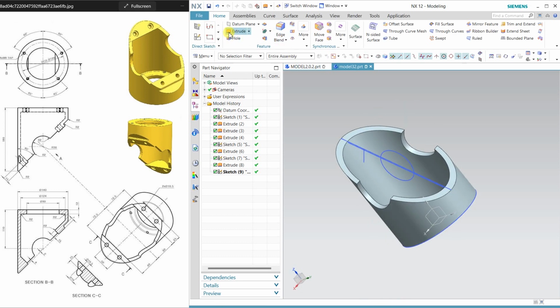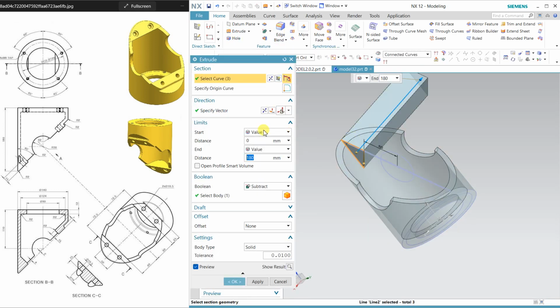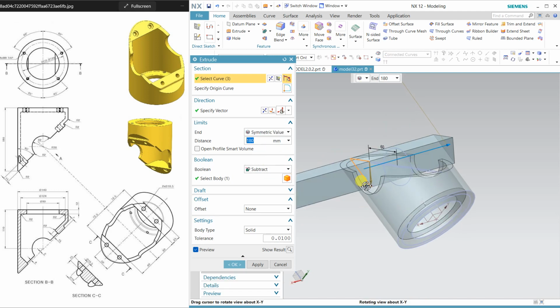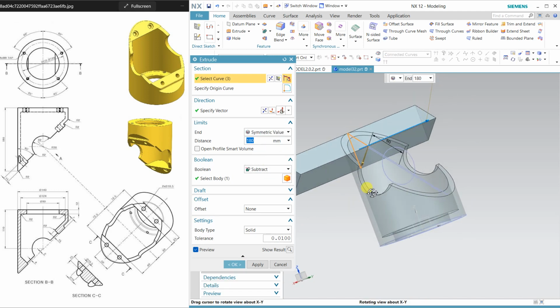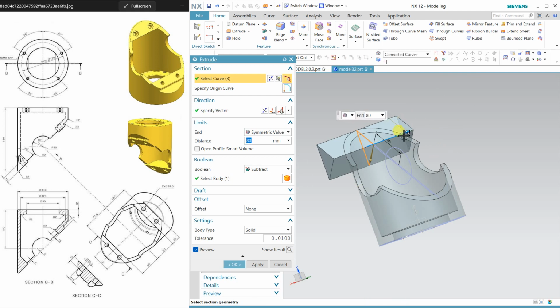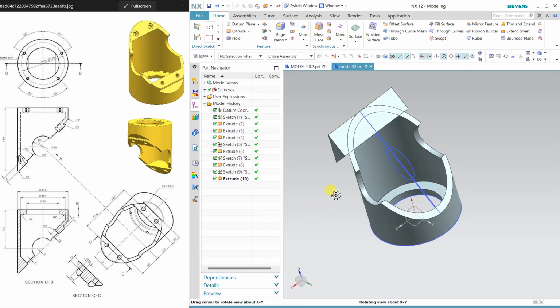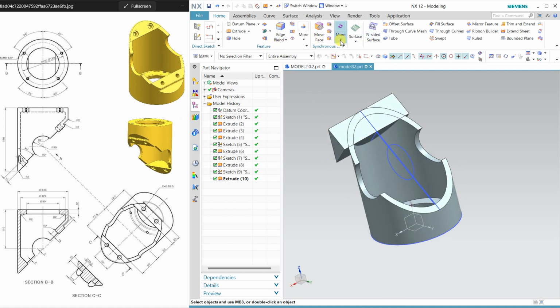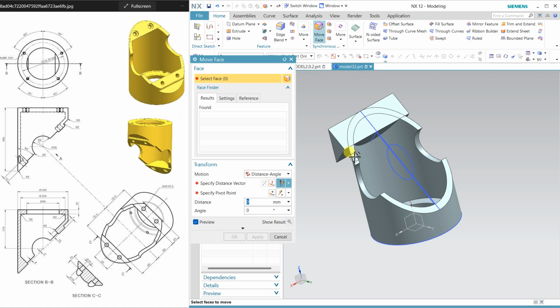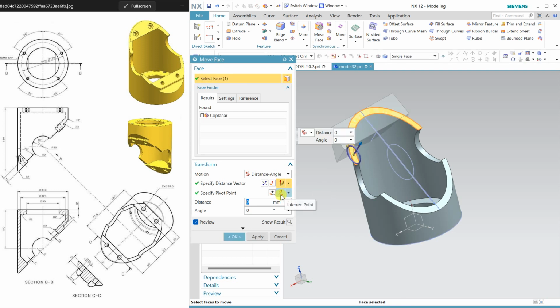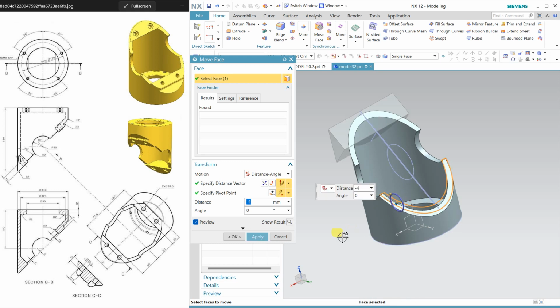and now I am extruding this, and both side. Okay, reduce this, make it none. Okay, or first we can do this, move face, select this face, and dimension is 4 millimeter in minus direction, 4 in minus. Apply, and the same I am doing on this face, minus 4 on this face.